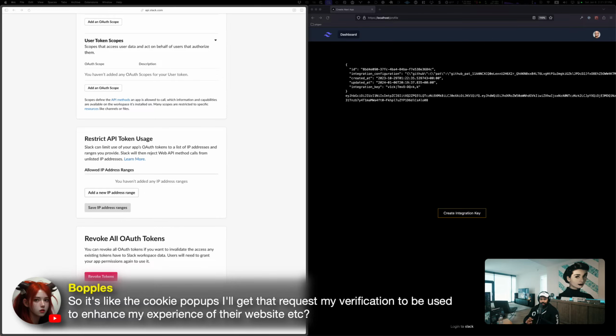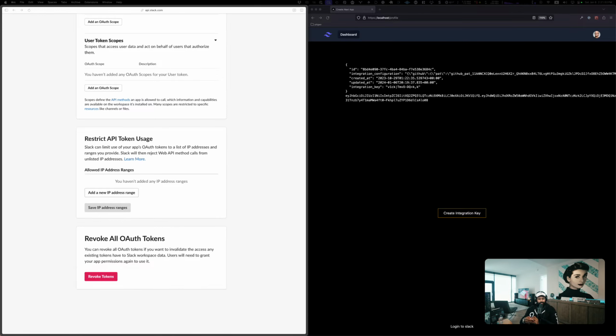The cookie pop-ups are due to GDPR, whatever the hell they are, the EU. They have forced the hands of non-European companies, which is interesting because as far as I know, what good tech companies come out of Europe, and why are American companies kowtowing to what Europe says? Like, who the hell is Europe? If you're from Europe, I'm not really talking down on your continent, but I don't know, they're doing a little much right now. They're punching a little bit above their weight right now. But yeah, you get that because of the EU, right?